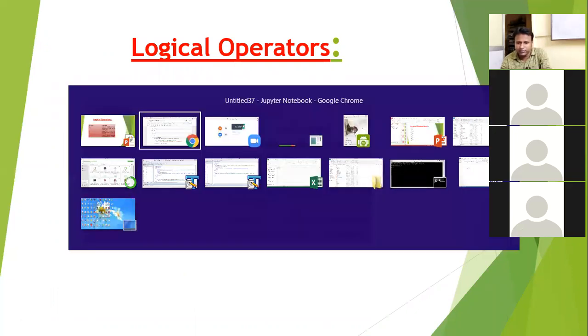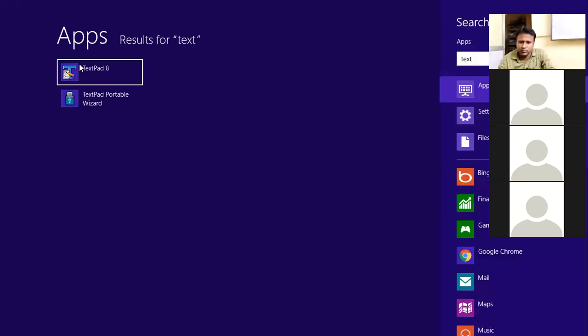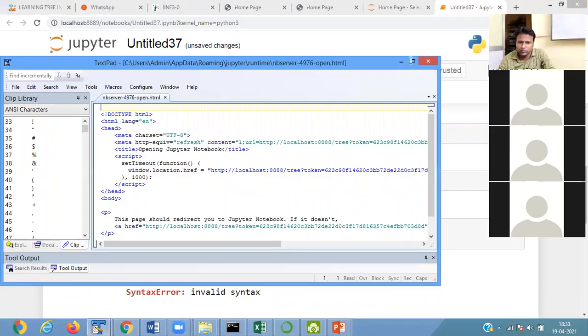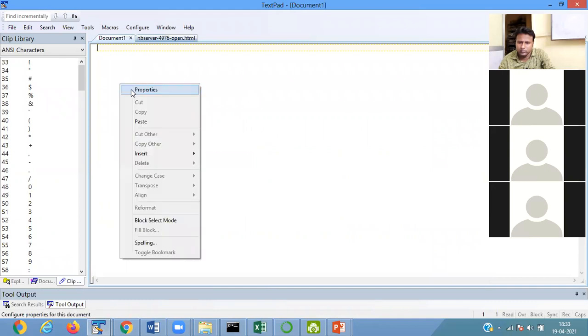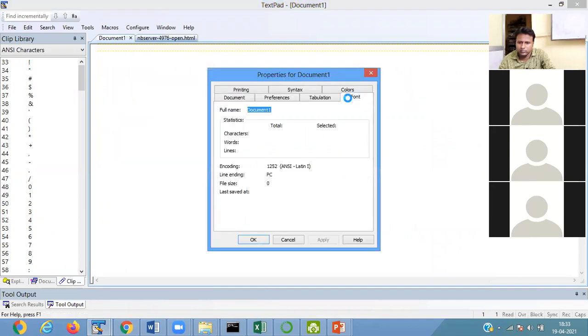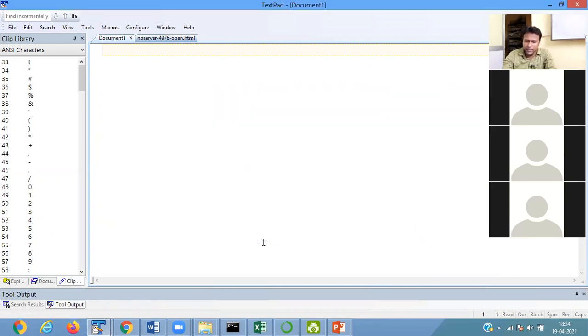In the case of and operator, and operator means this one.